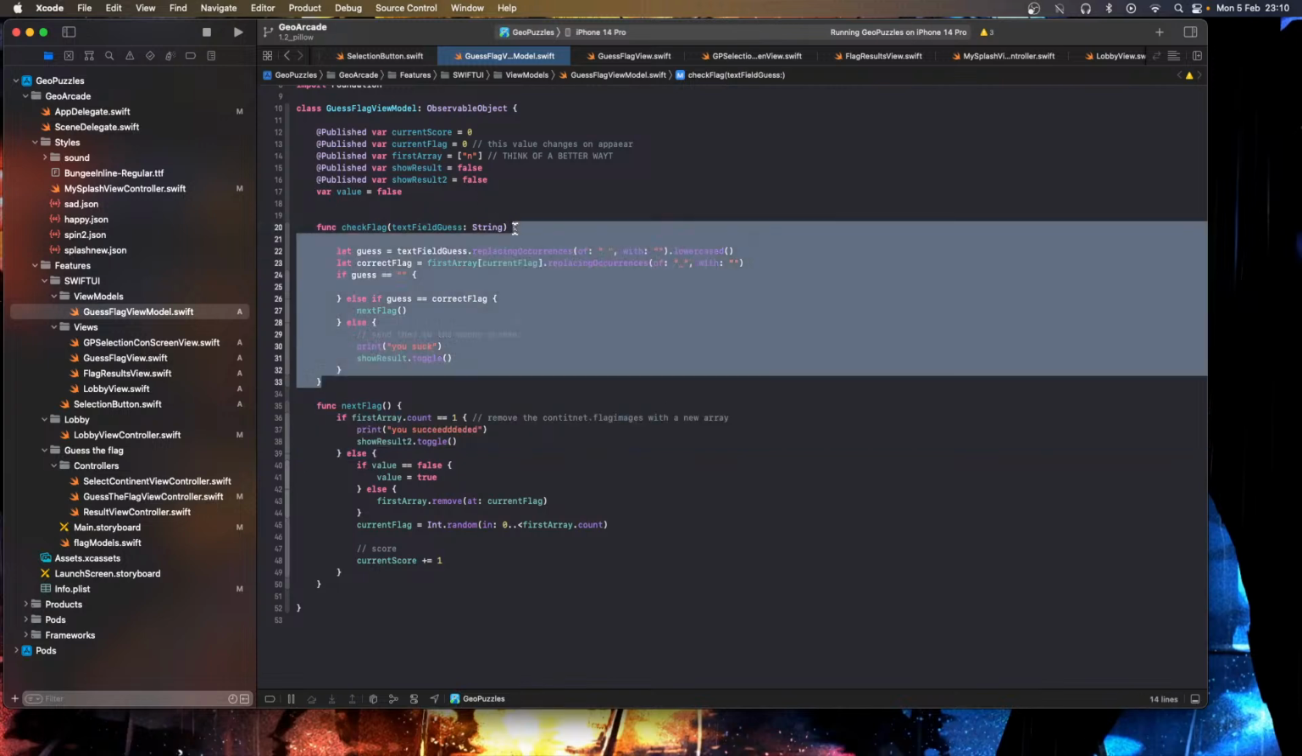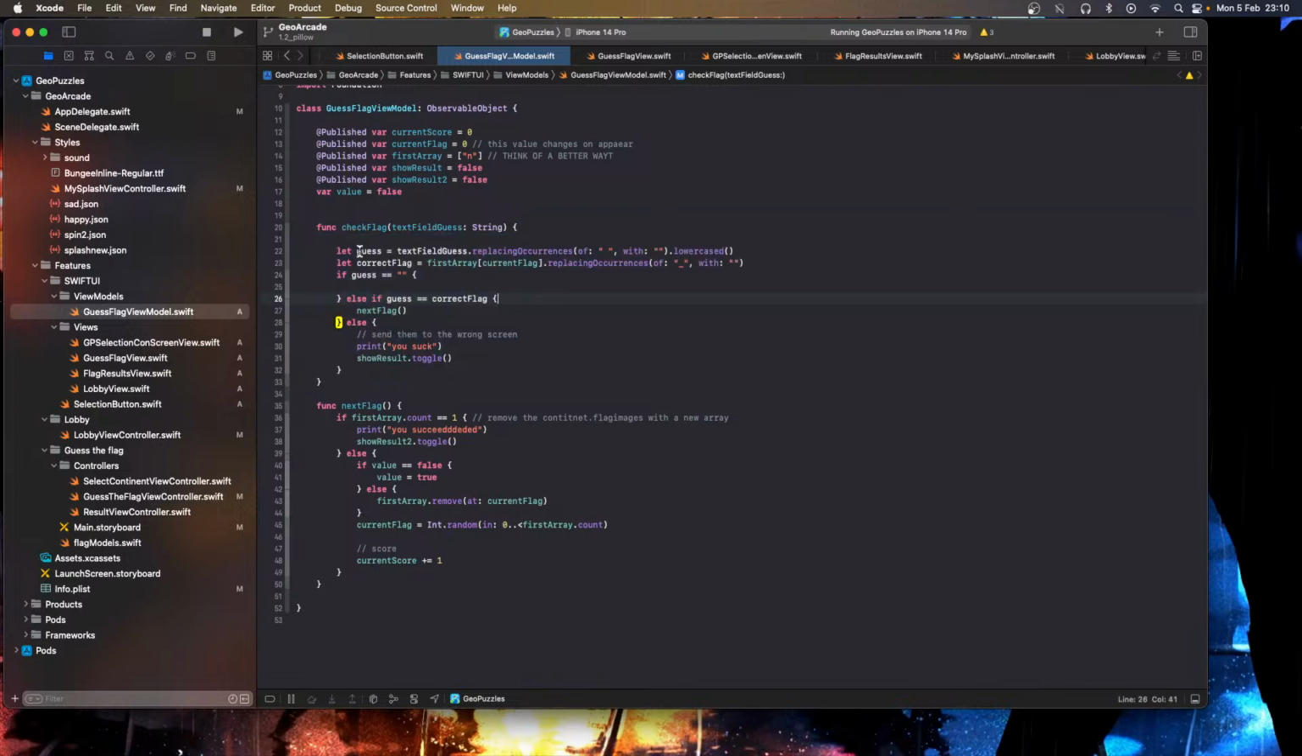Anyways, checkFlag, we call this func on, what do we call it, on submit in the text field, and we take your guess, we pass through the guess from the text field, the value, and we remove the spacing and we make it lowercase. And then from the correct flag we remove an underscore, because the way I did the naming for it, I did underscores. If it's like a two-word country like